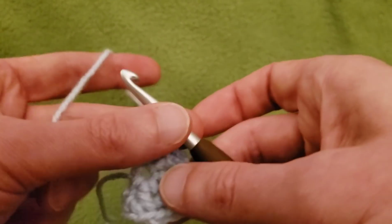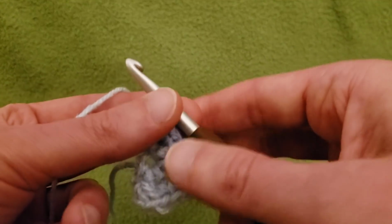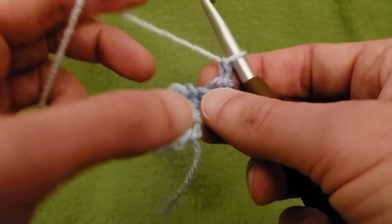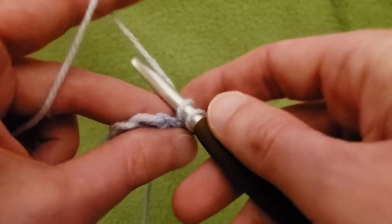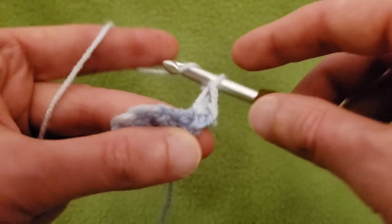And then for row 3, chain up 1, turn your work, and into the first single crochet, 2 single crochet stitches, 1 and 2, chain 1,